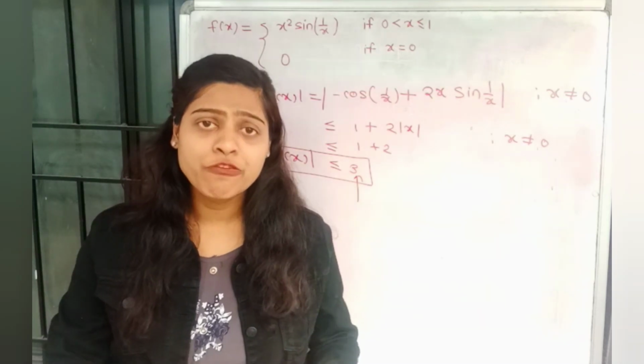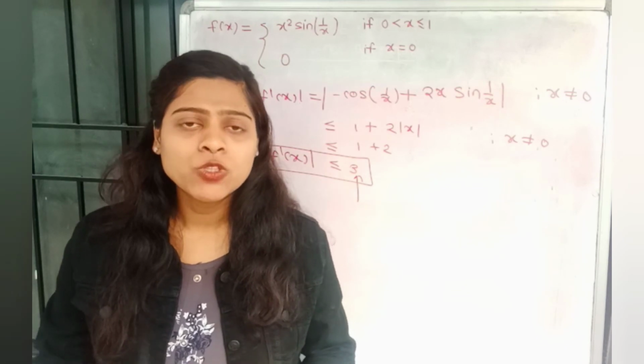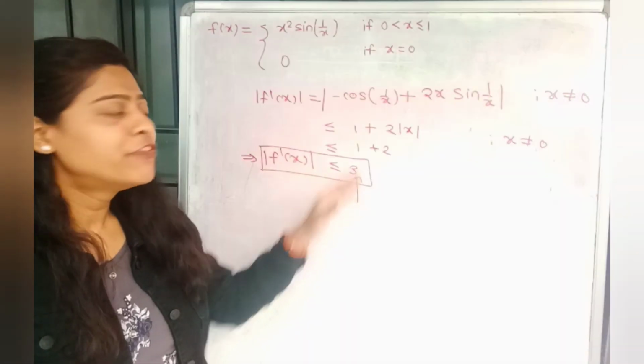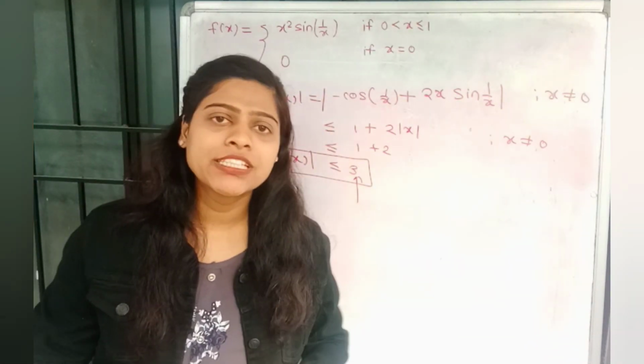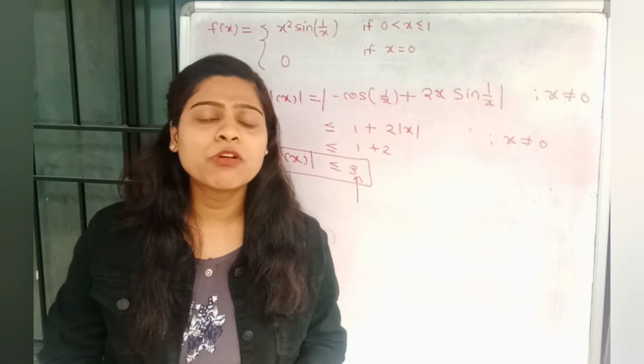In that option, f of x is differentiable but not of bounded variation. So the first half is correct, that is f of x is differentiable. But from this we already have that f of x has a bounded variation. So option number 3 is not true. Hence option number 4 is true.